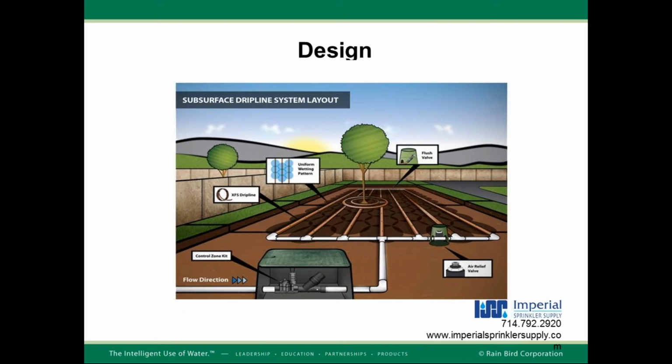Now, this diagram shows a PVC header. The header is the supply header that distributes the water through the linear footage of the drip line. Now, as you all know, it's a pain to get PVC, cut it, do your spacing, glue it. We actually take that process out. We have a way to roll out in 50 or 100 rolls